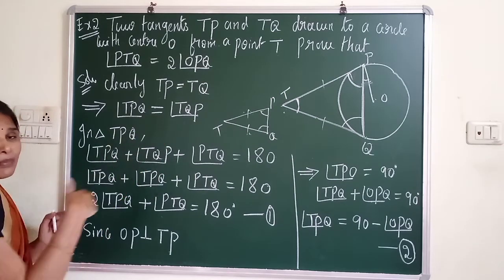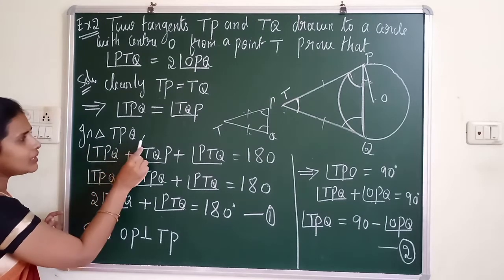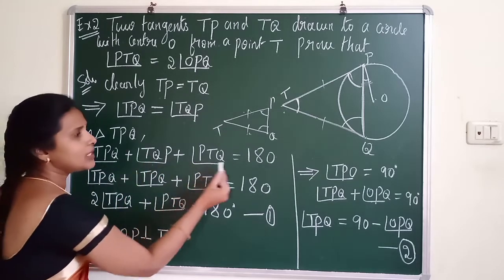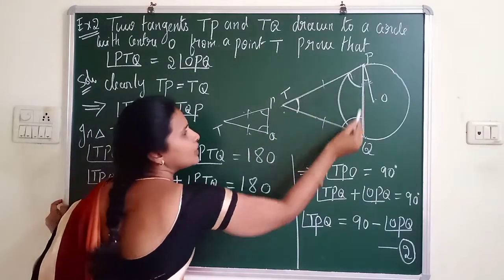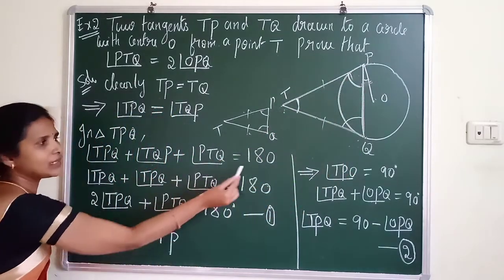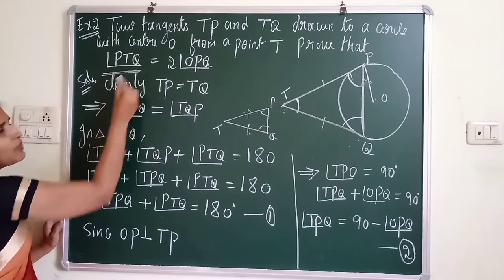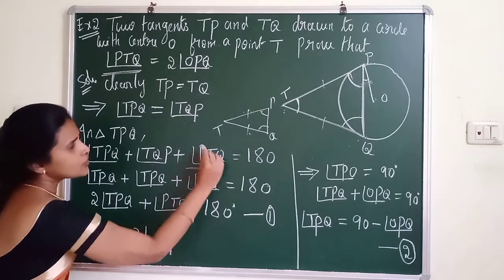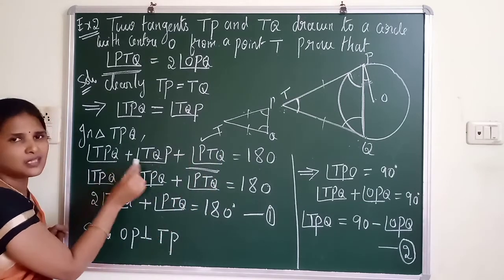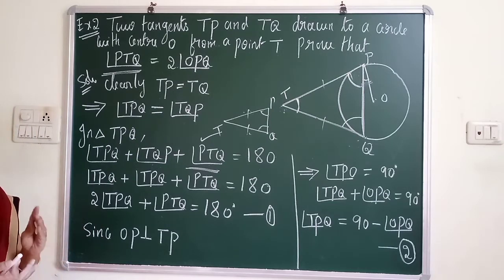Now why do I want this? Because now I am going for triangle TPQ, I am applying the angle sum property. In triangle TPQ, apply the angle sum property: TPQ plus TQP plus PTQ. You can see here in the diagram, TPQ plus PQT plus PTQ, the sum of all these 3 angles is 180. Now once look at the question. Here you can see PTQ is there. Here also PTQ is there. So don't disturb this term. Keep this term as it is and try to change these 2 terms, because these 2 terms are not there in the answer. So in this way I have to correlate to get the answer.